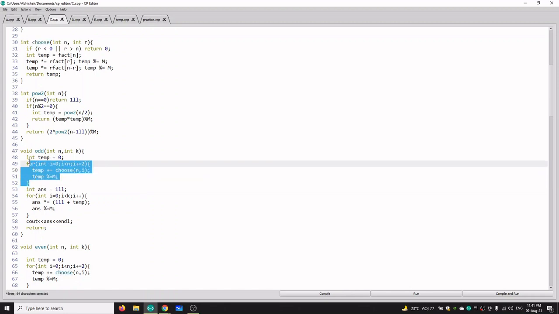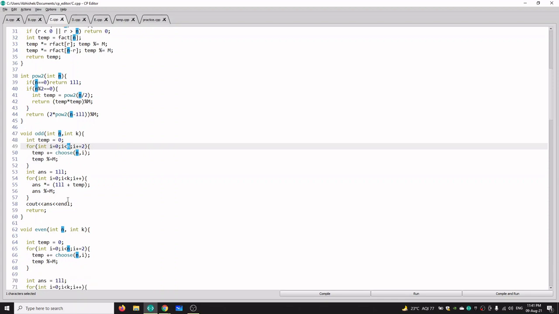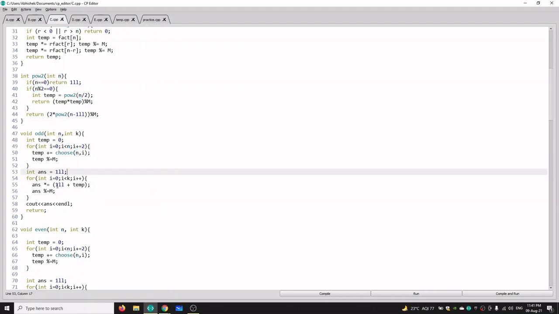In this loop we calculate nC0 plus nC2 plus nC4 up to nC(n minus 1), because n is odd, so we can calculate up to n minus 1 only. And then finally we add this to our answer.